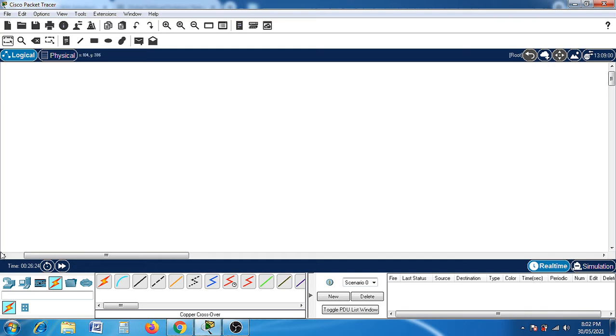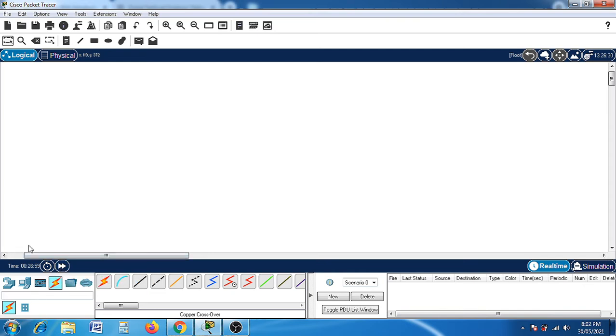For that we have different kinds of devices. On the bottom left corner we have the network devices. When you click on that you will get a number of devices, like routers. Then when we click on end devices here, we will get end devices like PC, laptop, server, printers, TV, tablet, and many more devices. Then we have various components, MCU, SBC board, then connection cables, different cables. So various kinds of devices we are getting over there.